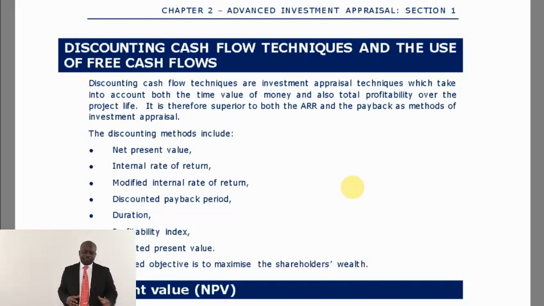At F9 level, we were supposed to learn 2 broad techniques of investment appraisal, which were the discounted approaches and the non-discounted approaches. The non-discounted approaches were the payback period and the accounting rate of return. That is for F9. For our P4, our syllabus specifically states that we would have to learn the discounting techniques